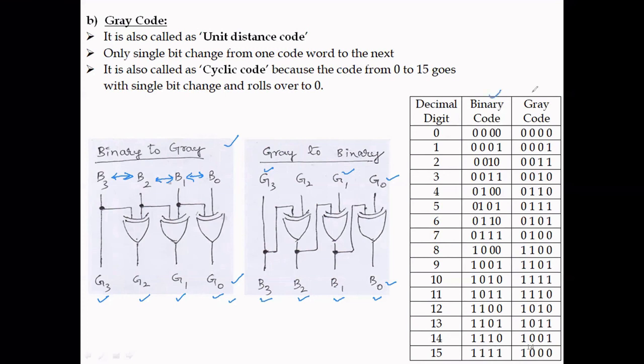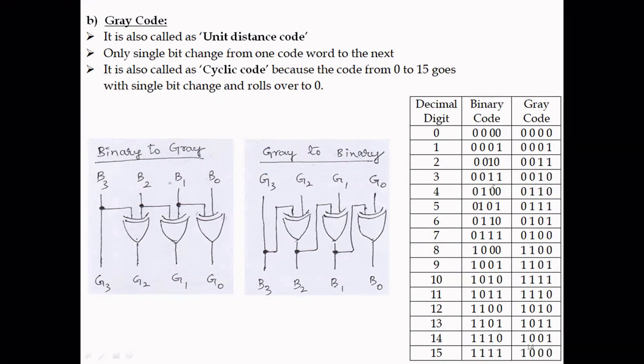So this is the binary code and this is the gray code, right? 0 0 0 0, 0 0 0 1 we will get. For example, let us see this binary value that we want to convert into gray code. This MSB we take directly, 0. If you XOR these two, 0 0, that means 0. If you XOR these two, both are different, that's why 1. And if you XOR these two, 1 1, both are the same, that's why 0. So for 3, the binary is 0 0 1 1, but the gray code is 0 0 1 0, right? Like that you can convert.